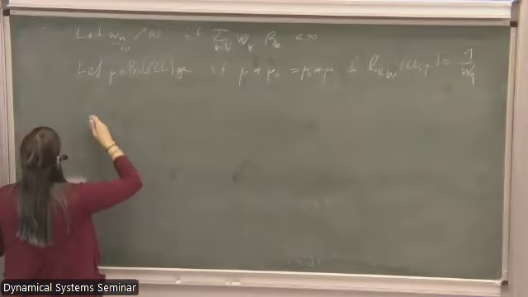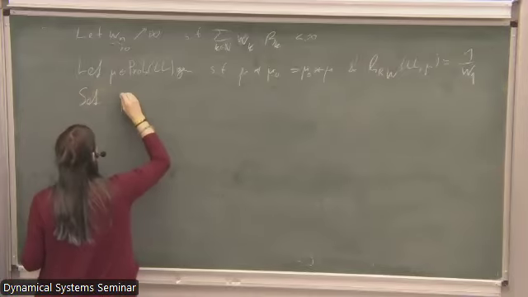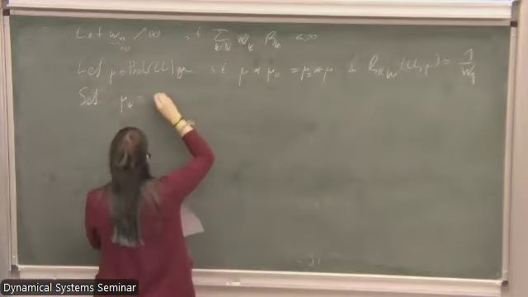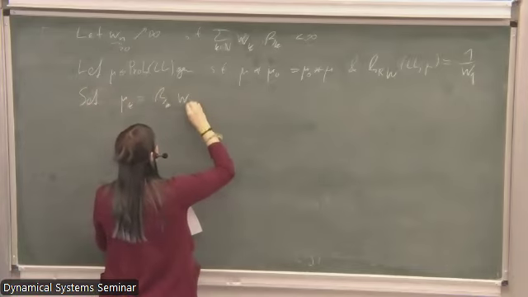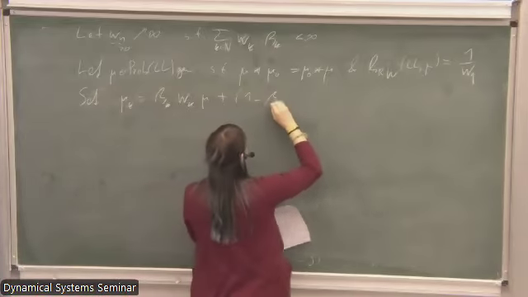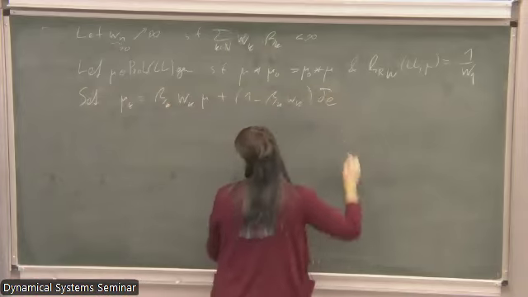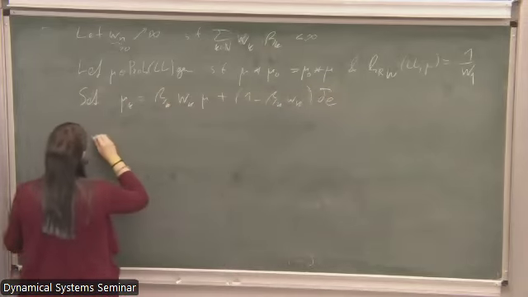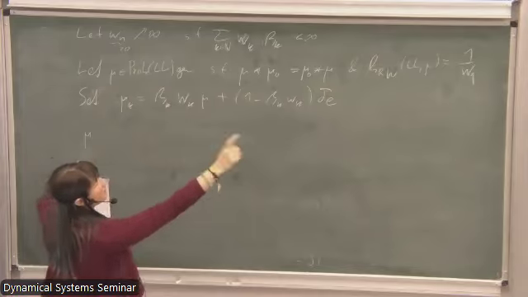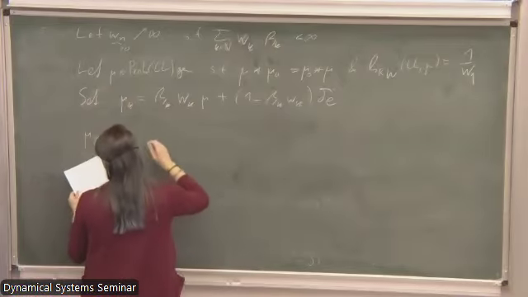So yes, set mu k now. This is the real mu k now. So I have beta k times wk times mu plus 1 minus beta k wk of Dirac at the identity. And then I can define already this probability measure mu beta from the theorem, which is just given as,